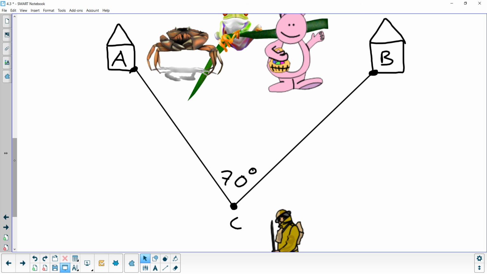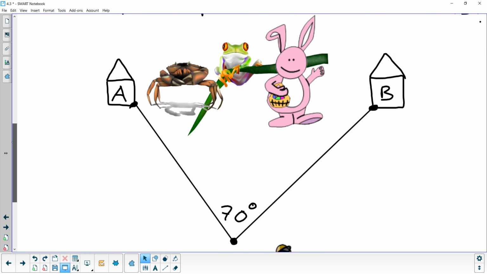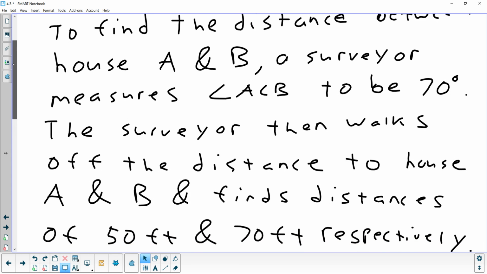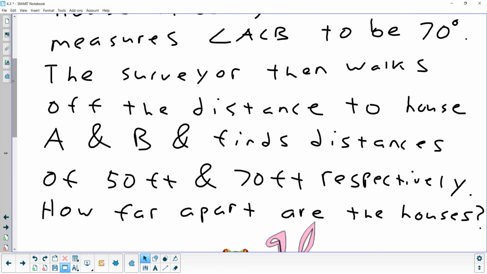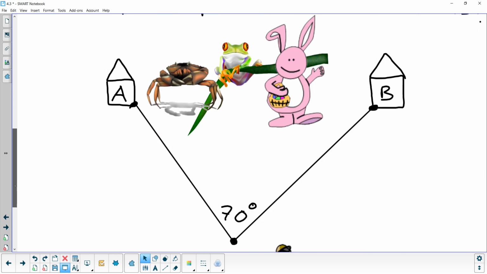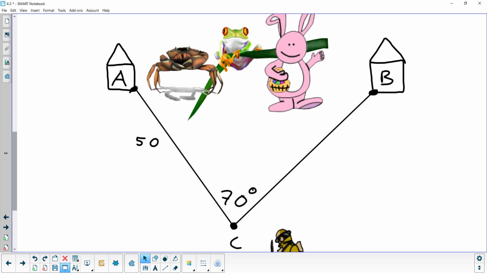Next, we know the distance to each house. That's safe to walk over here. We can walk over to house A. We don't have to walk through any of the crazy stuff. So, what does it say? The surveyor walks the distance between houses A and B and finds the distance to be 50 and 70. So this distance is 50. This distance is 70. And the question is, what is the distance between the two